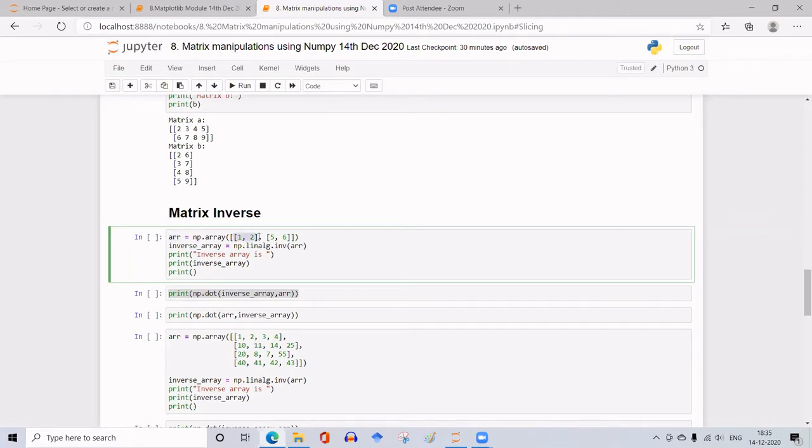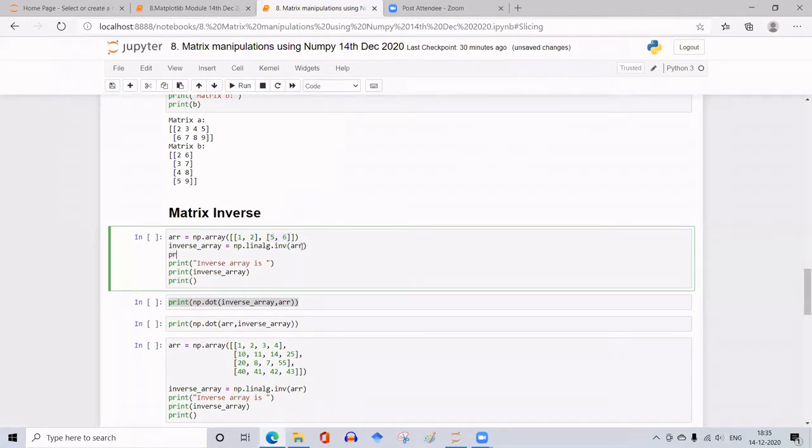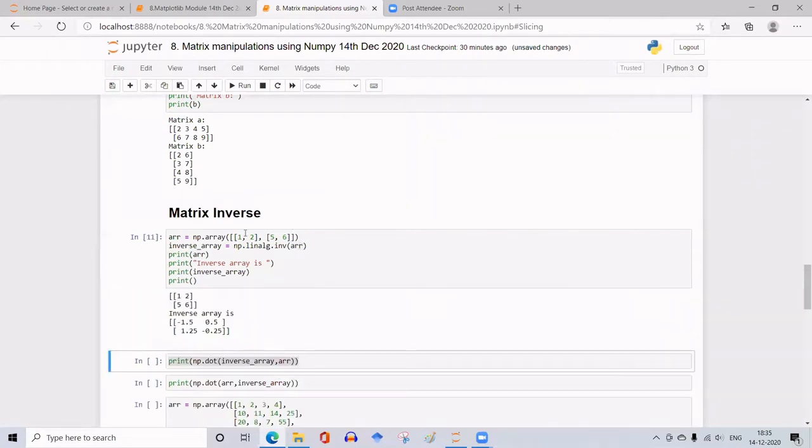These are the two lists which form the np.array. I'll print that array and also the inverse of it. So this array is a 2 by 2 matrix. When I take the inverse, this is what I get.